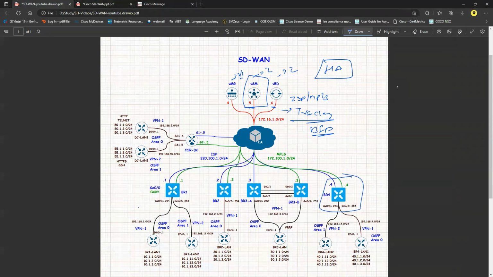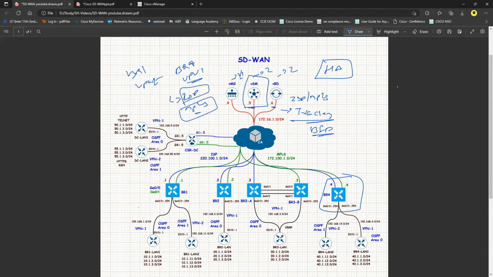But if you are defining a rule saying that whenever branch 1, VPN 1 wants to go to branch 4, VPN 1, I can say that they have to go via a particular color, maybe ISP or MPLS. I can say that preference should be given to the ISP and the backup should be MPLS.